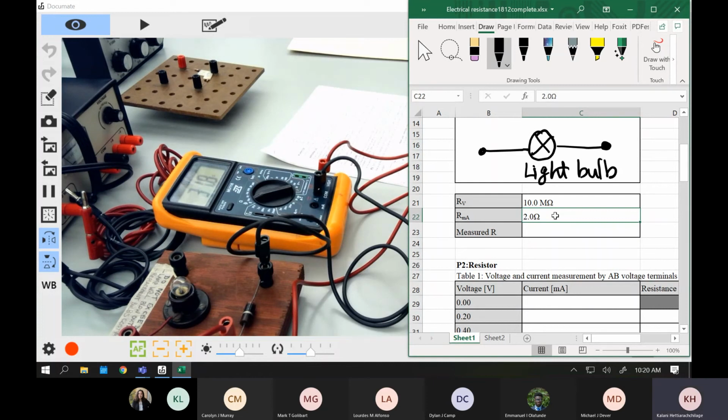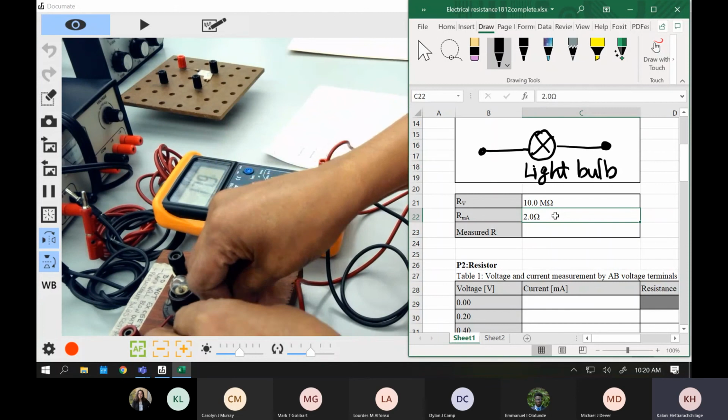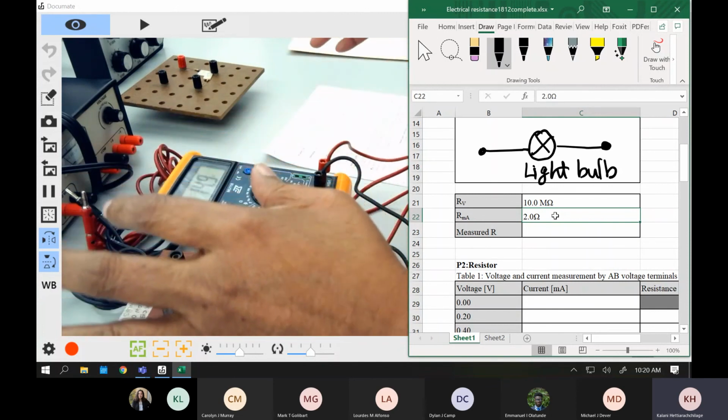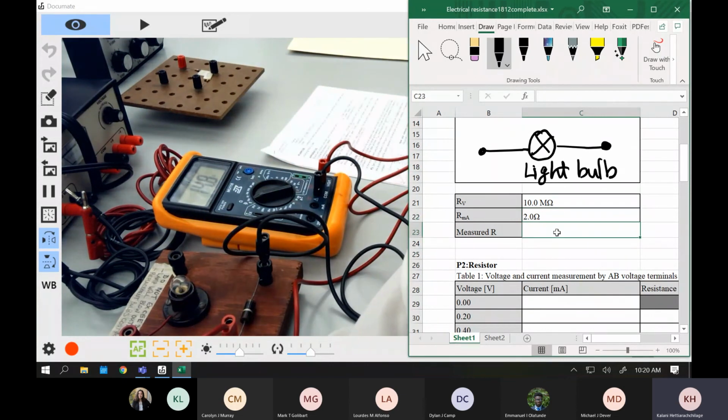Give it a couple of seconds, because sometimes you may have a loose connection, so it totally depends on some of the things. So I'm going to write my number as 14.9 or 15. So that's what I have. So you're going to type your number in here, 14.9. Keep it in 200 ohms. Whichever number is there.